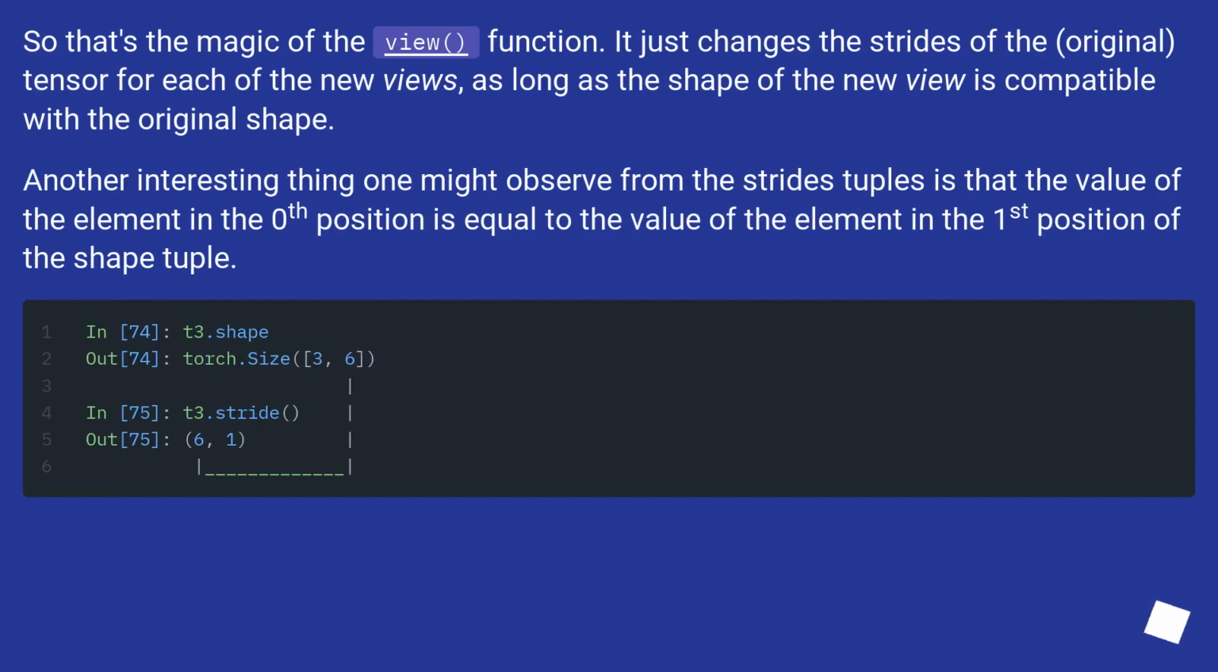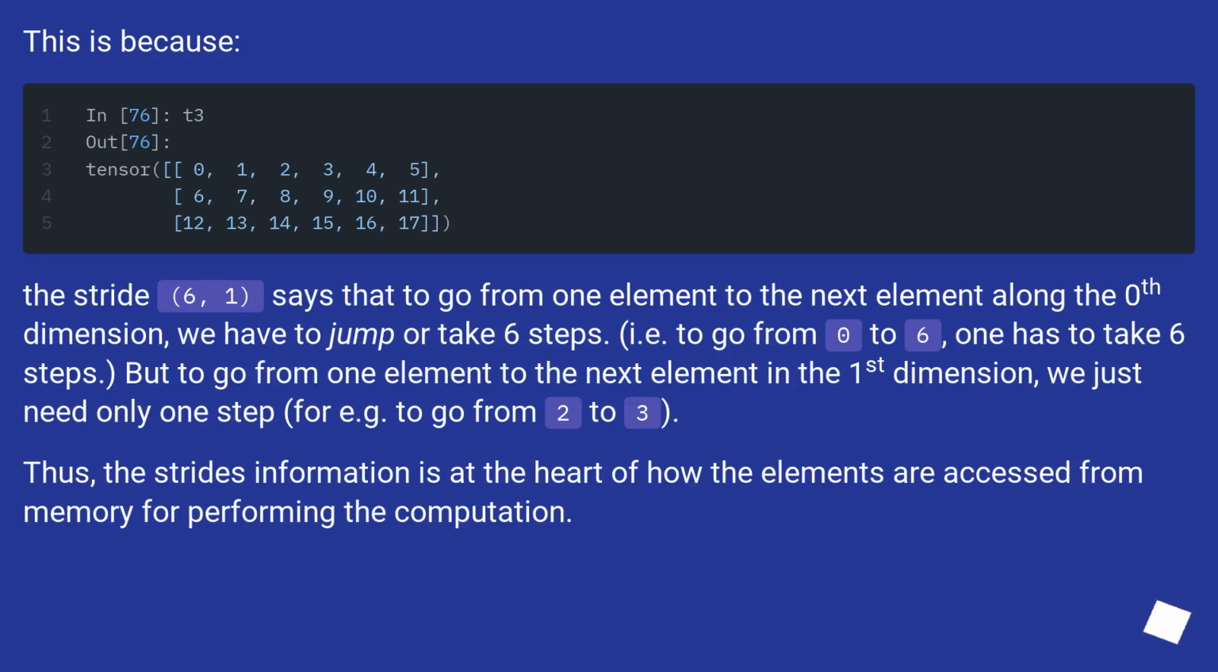So that's the magic of the view function. It just changes the strides of the original tensor for each of the new views, as long as the shape of the new view is compatible with the original shape. Another interesting thing one might observe from the strides tuples is that the value of the element in the 0th position is equal to the value of the element in the 1st position of the shape tuple. This is because